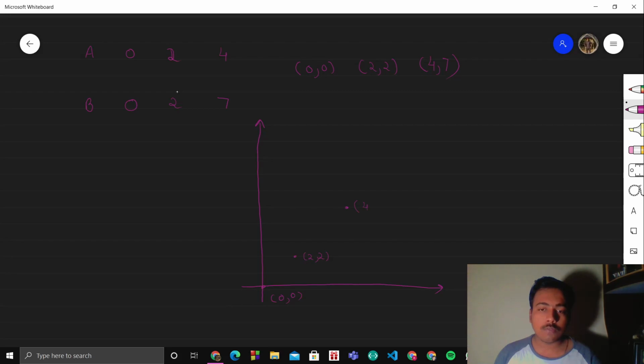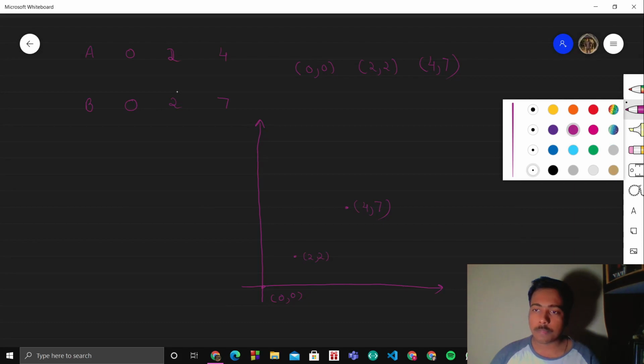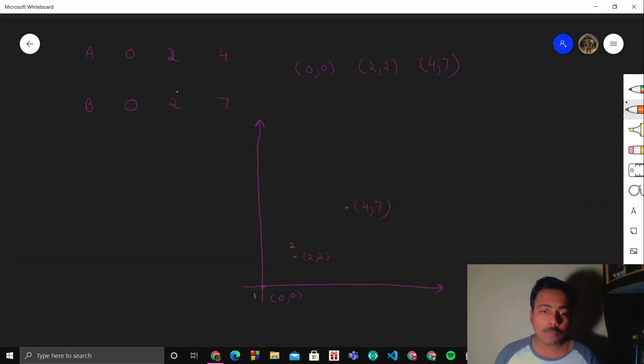So this is your 4 comma 7. Now from point 1 to point 2, we can move in diagonal, right? And we'll be able to cover this distance in 2 steps, right?